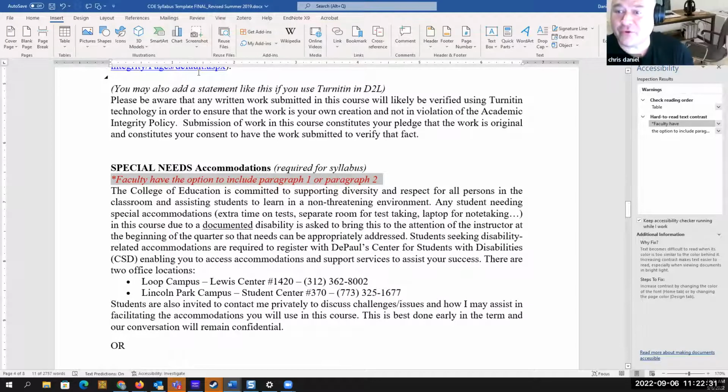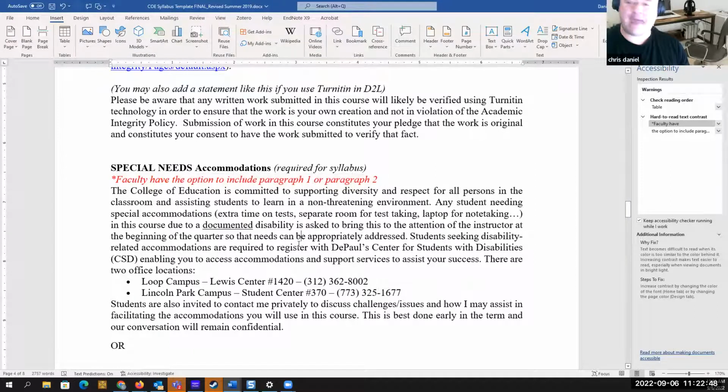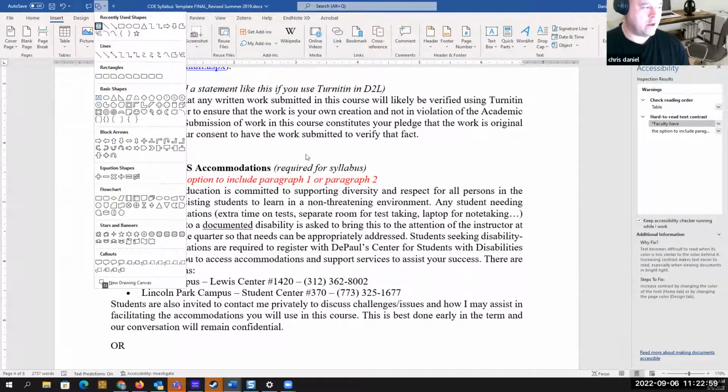Well, let me show you something really weird too. You've probably seen part of this, but if you hit Alt here, notice that you get these letters and numbers that come up. Now insert text box is Alt and then let off of Alt and 6. So if you want to use that, but for whatever reason you can't use your mouse, this is also a really good accessibility feature for folks that have trouble clicking. Hit Alt, hit 6, and now we are ready to